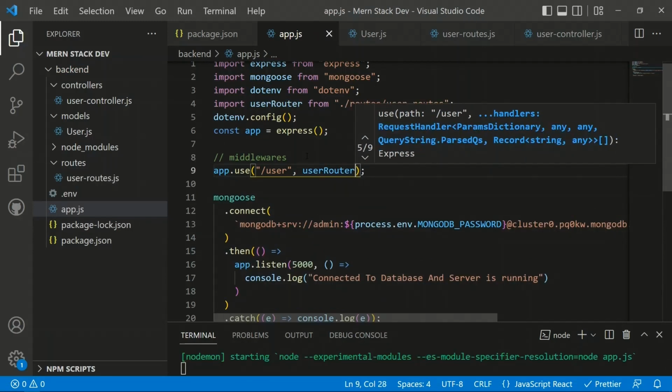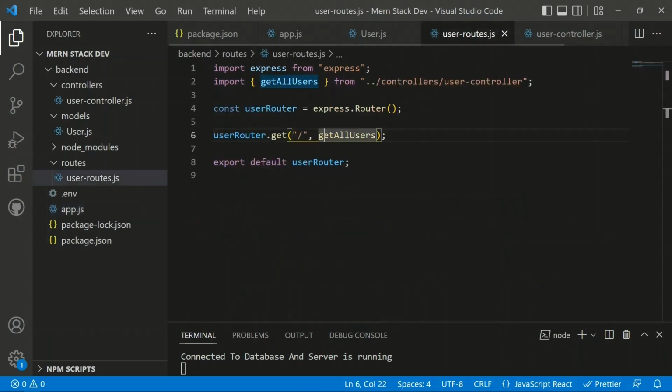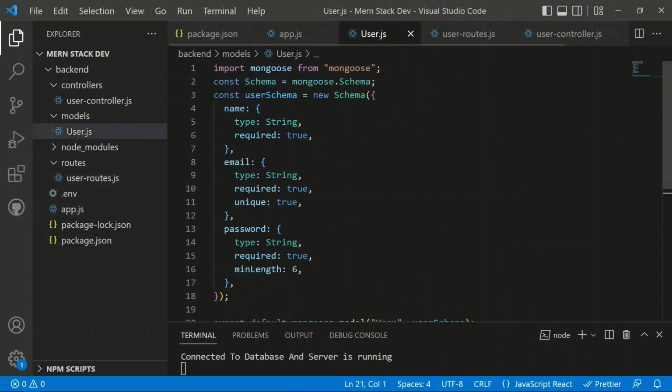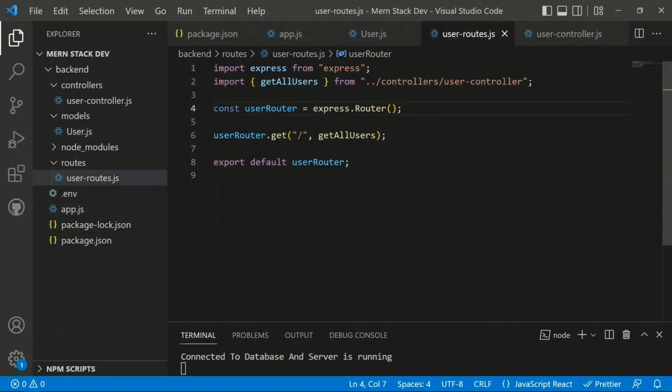So we have the user router. Now this middleware will work for all of the user routes. And this URL, as we have defined here, will be followed by this URL. So first we need to write localhost:5000/user, and then we can define any URL after that. So if we have all users or anything after that, it will contain